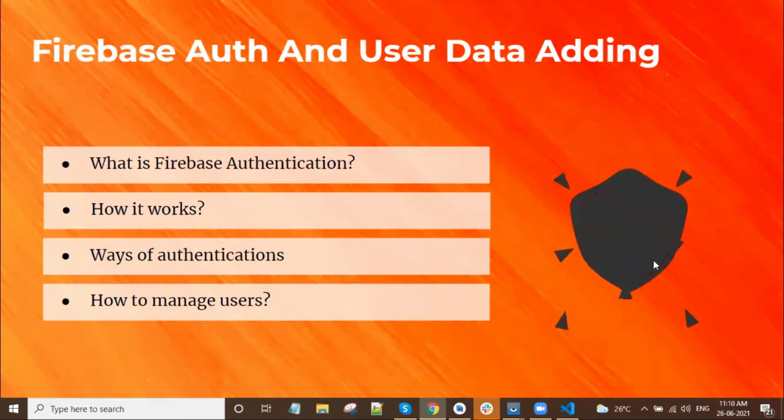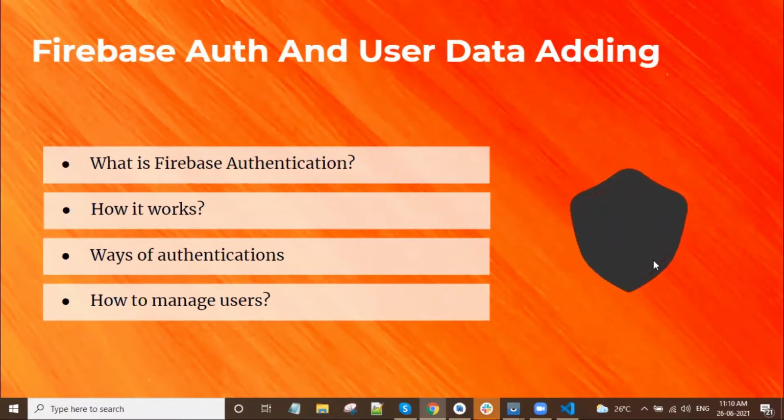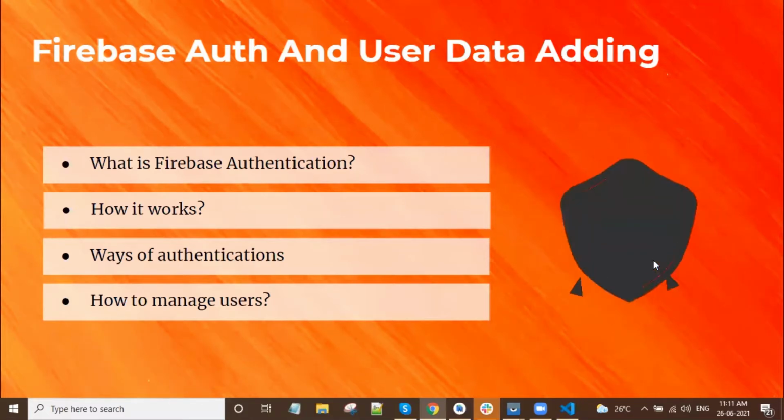I will tell. It is used by the server to know who is exactly accessing the data, like an identity verification of who is accessing our information. For this purpose we use authentication. Here I will explain how Firebase helps us to achieve this.